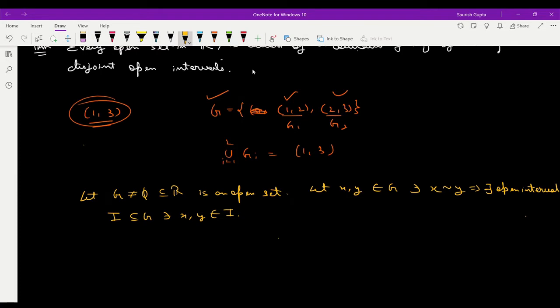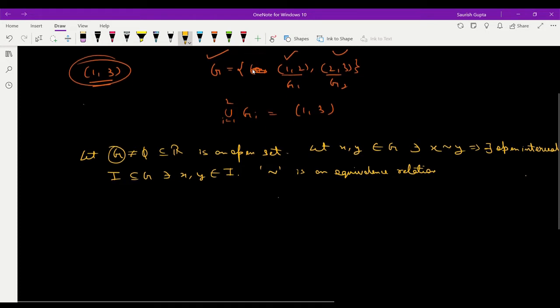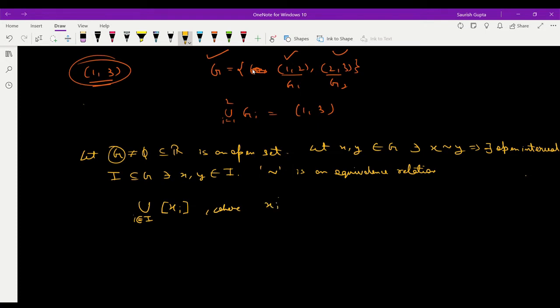Now you can obviously check on your own that this relation is an equivalence relation. And if this relation is an equivalence relation, then it partitions this whole set into equivalence classes, right? What I try to say is that if you take these equivalence classes, say X_i, and you take their union, where i belongs to a capital I, an indexing set, and all these X_i's belong to G,